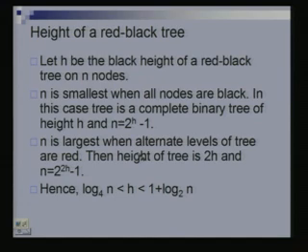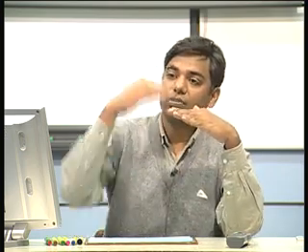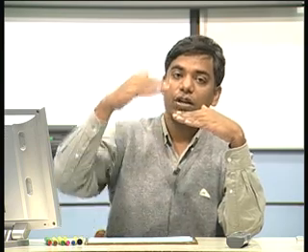When would we have that? When every black node has two red children, but a red node cannot have any red children, right. So, then it will have to have black children, which will have to have red children, and so on. So, we have these alternate layers of black and red. We start with the black, then we have a red layer, then a black layer, then a red layer, and so on. So, if the number of black layers is h, then the number of red layers is also h, right.